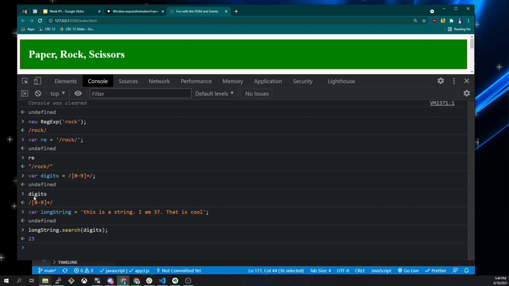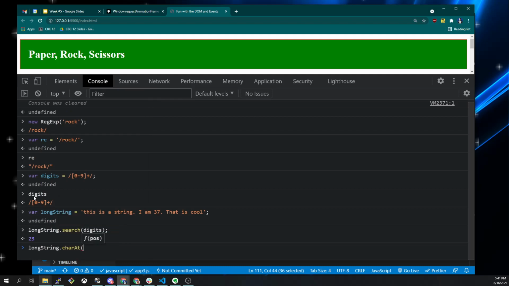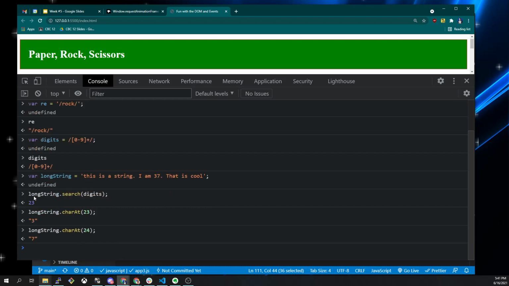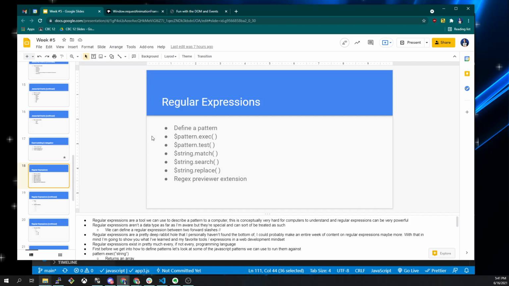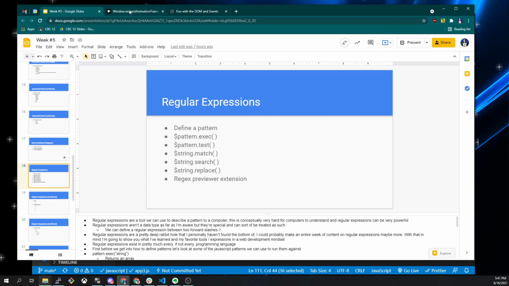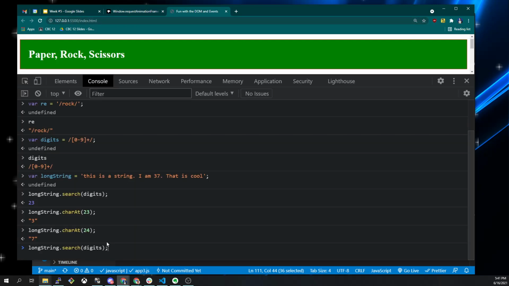And with 23 we can do longString.charAt(23). It's going to tell us it's a 3, and then 24 would be another one. So it's finding any digit. So what are some other functions that we might want to use? Yeah. So let's do string.search because we did string.search. Let's do string.match. Let's try that one first. So search is going to find the position of that element. But if we do string.match